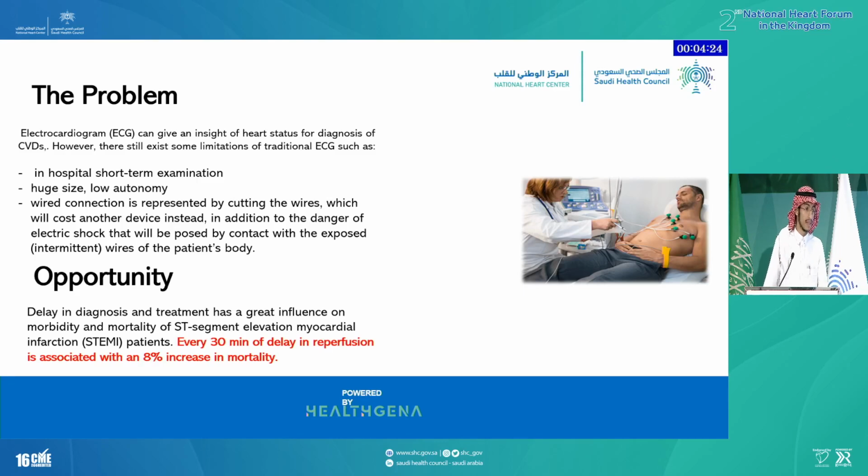...a hospital immediately. But unfortunately, the hospital does not have an ECG. If the ECG is available, unfortunately, the ECG has a cutting wire and needs fixing. Here, our problem is that the traditional ECG actually needs fixing all the time. And the problem also here: if the patient is using the ECG, it means a huge size for the ECG